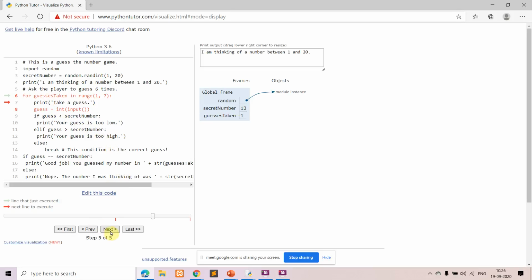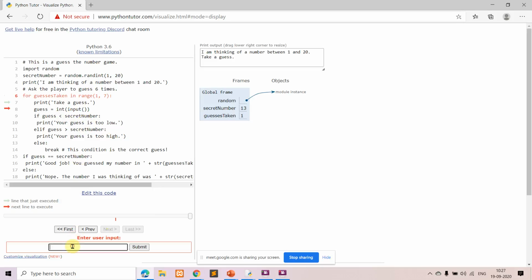Next, you are asking the user to take a guess. So the next statement you see here, we have used the input function. What is this input function? Input function is you are allowing the user to enter the input. So I'll just enter some number as 4. So you can see here I'll be entering. That 4 that I have entered will be converted to integer. Usually the input function will take the values in the form of string, that is converted into integer, and that is stored in the variable guess.